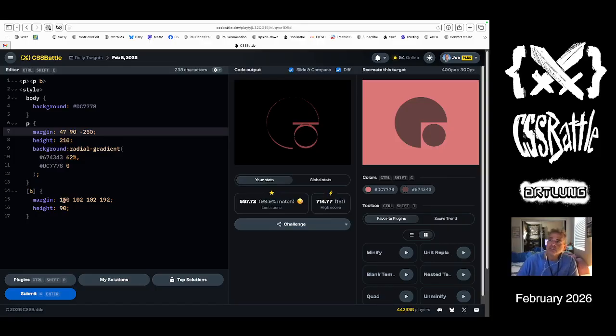But this is the kind of thing that really interests me. Trying to get better at using the HTML and body elements to create solutions in the same way that the best players do, and I've been playing with it, not with a lot of success. My stubbornness around using Safari is an issue, but I would like to perform better in the next battles rather than the daily targets, to see if I can make some headway there. Regardless, super fun solution, super fun puzzle. I'm not sure that my solutions are super fun, but it's super fun to try and attack the problem and think through a problem like this to see, okay, what do these figures have in common, right? Another, well, come to think of it,